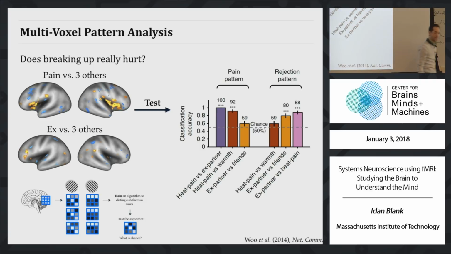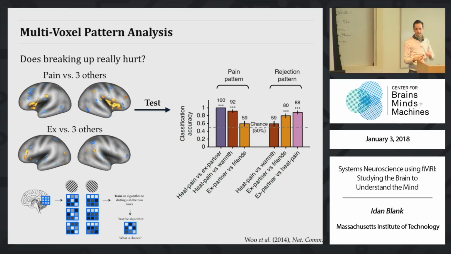I can't. Which suggests that regions that contain information about pain versus warmth do not contain information about social breakup and vice versa. So there is still no consensus about whether breaking up really hurts,